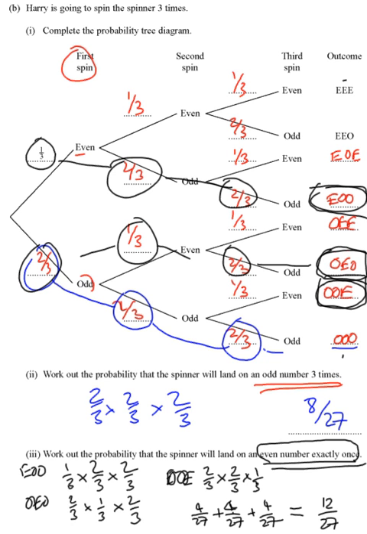For each of those individual results, so to work out the probability of getting EOO, we multiply along the branches to work out the probability of EOO as being 4/27, and the same for those 2. And then to work out the probability for a combined set of outcomes, we add those up. I hope that's